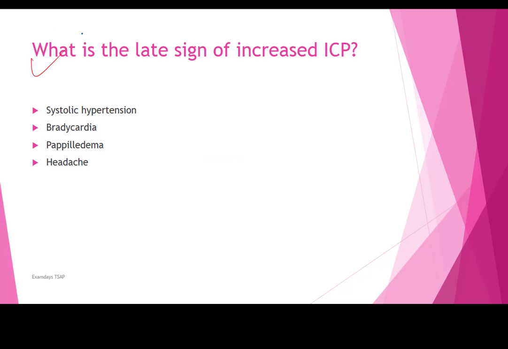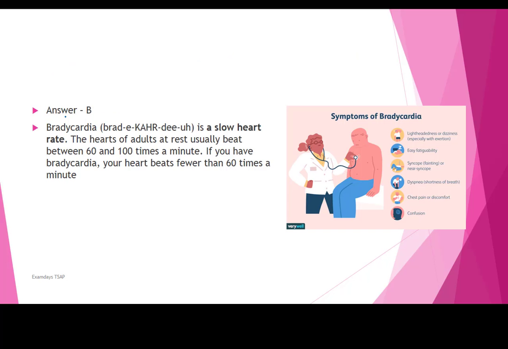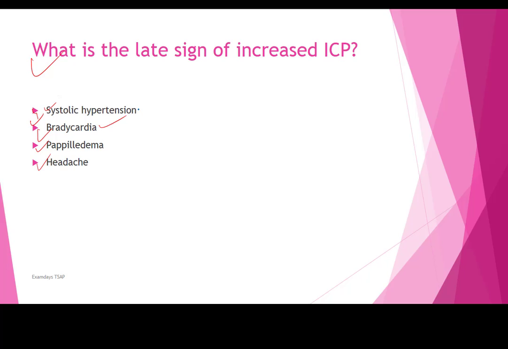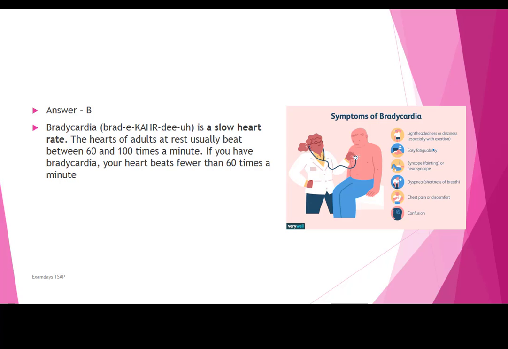Moving on to the next question: what is the late sign of increased ICP? Your options are A, systolic hypertension; B, bradycardia; C, papilledema; and D, headache. Your answer is going to be bradycardia, which is the correct answer for the late sign of increased ICP. Here are the symptoms, which are easy: you can say confusion, chest pain or discomfort,